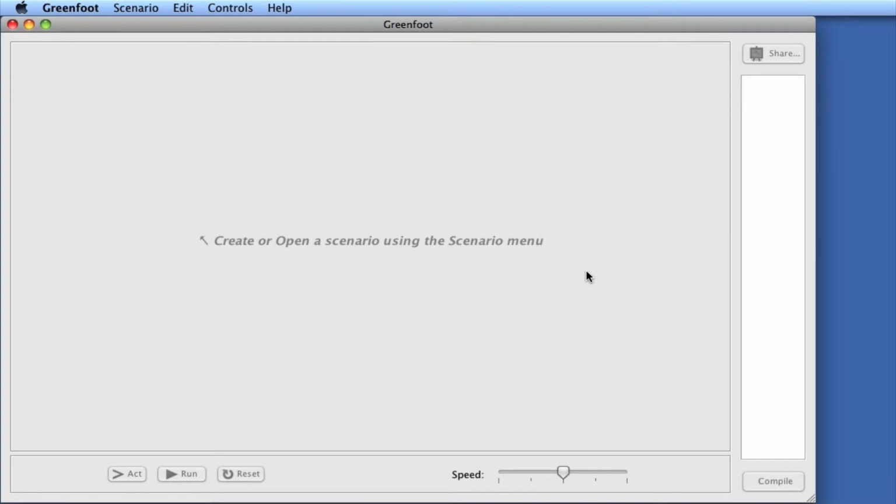Once you've got Greenfoot up and running on your system, then you are ready to create your first program. So here I have Greenfoot open and it's blank. There's nothing going on here. But the first thing I'm going to do is create a folder